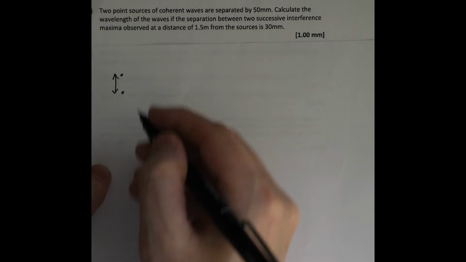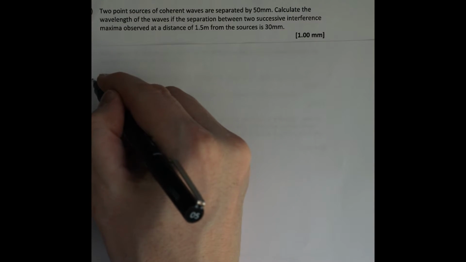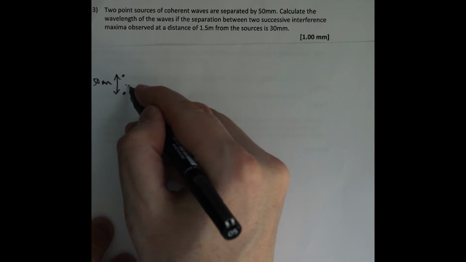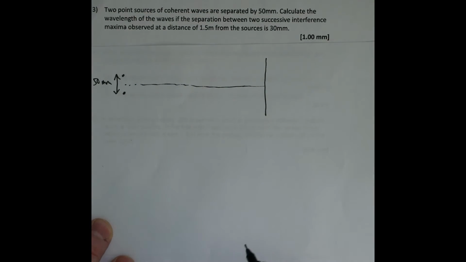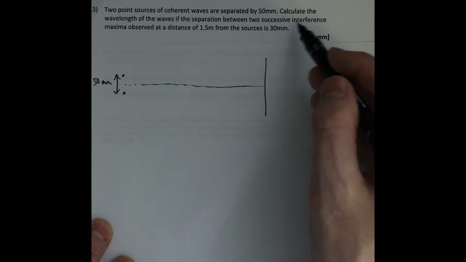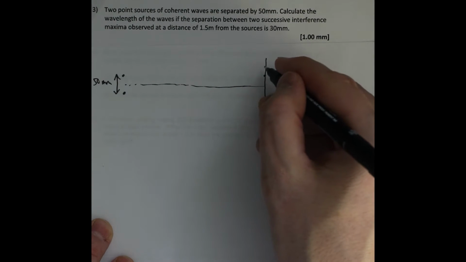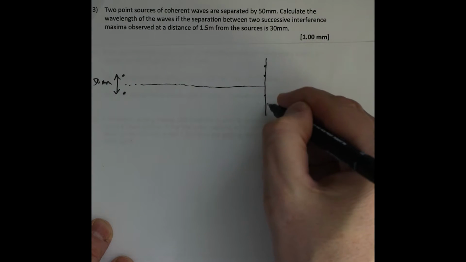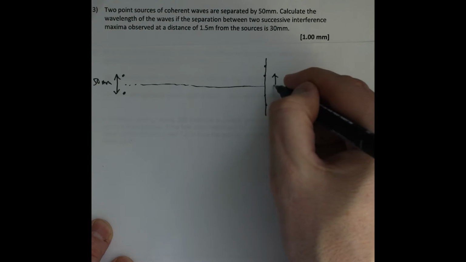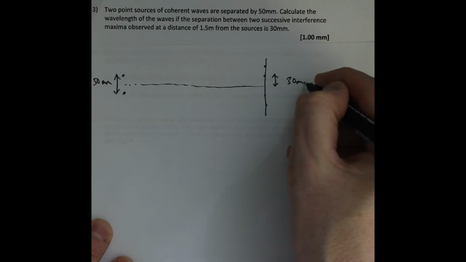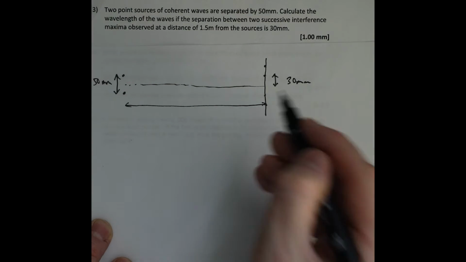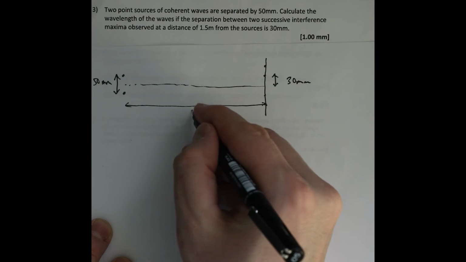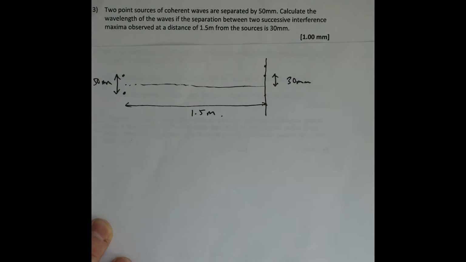So let's draw out what the question looks like, so we can start to be able to solve it. If we draw a line going from these two sources to a screen here, then what we're saying is that we have a number of interference maxima along here, and the separation between each one of these is 30 millimeters. And the distance from the sources to the screen, I'll mark on here, is 1.5 meters. Okay,